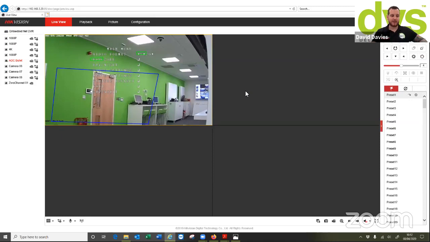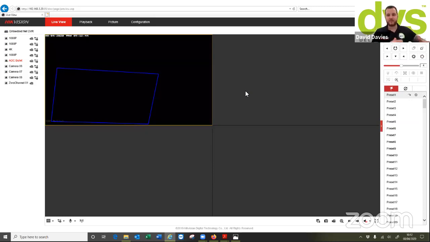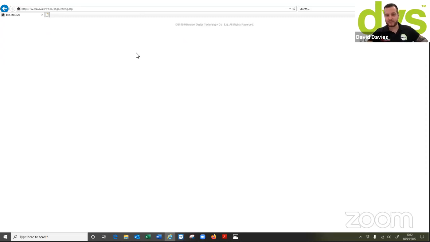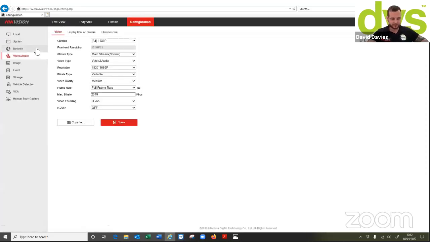Save and exit. The camera will reboot, and then it will give me the 5 megapixel stream again. So just thought I'd give you some handy little side notes on that. Again, these are the common questions we get asked when using turbos. Moving through that menu on the DVR itself that you can't see,